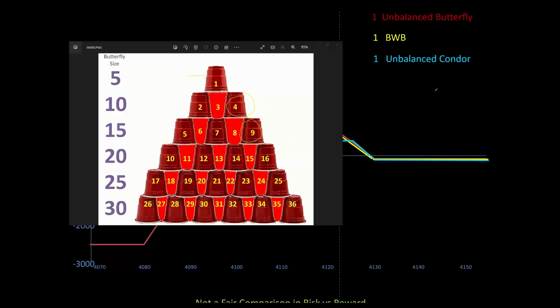Some people think, well, 25 divided by 5 is going to give me 5 $5 wide butterflies. But all you're going to get is this. You're not going to get the $25 butterfly because you're not stacking them. So in the $25 wide butterfly, there's 25